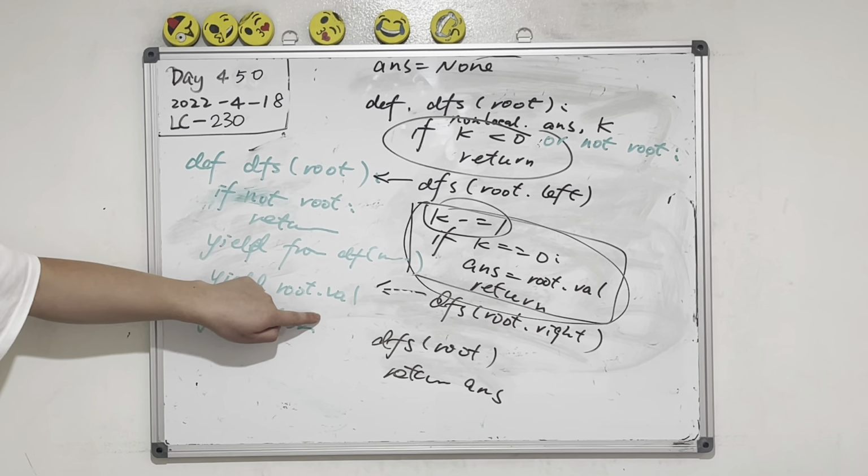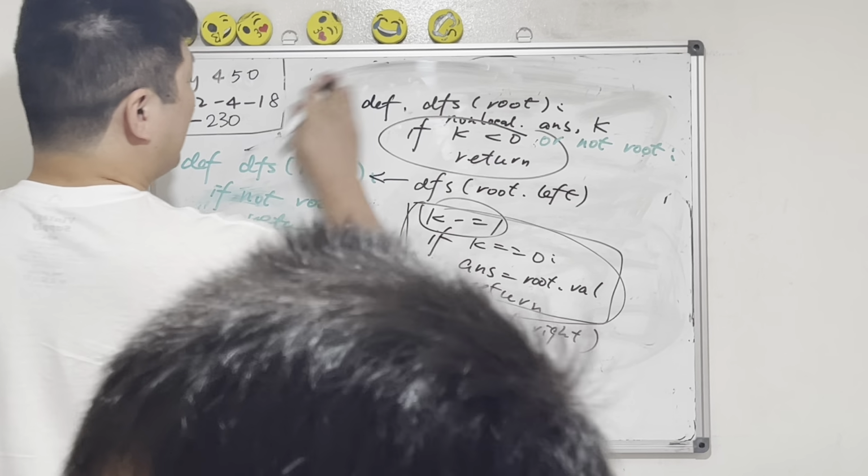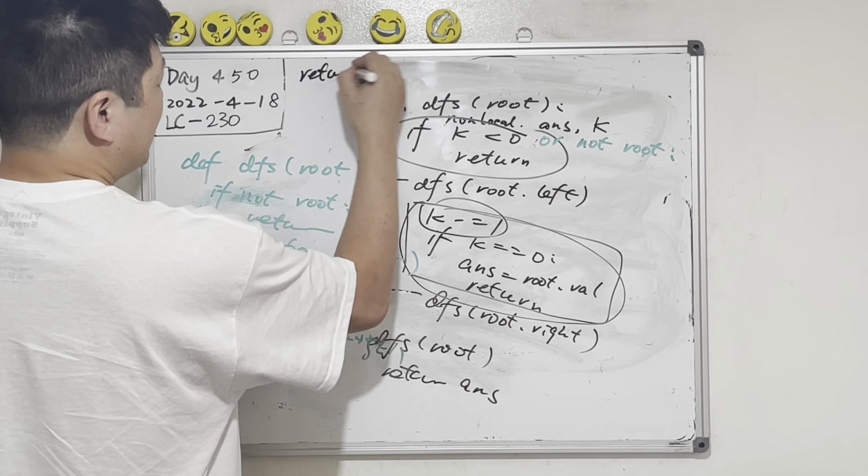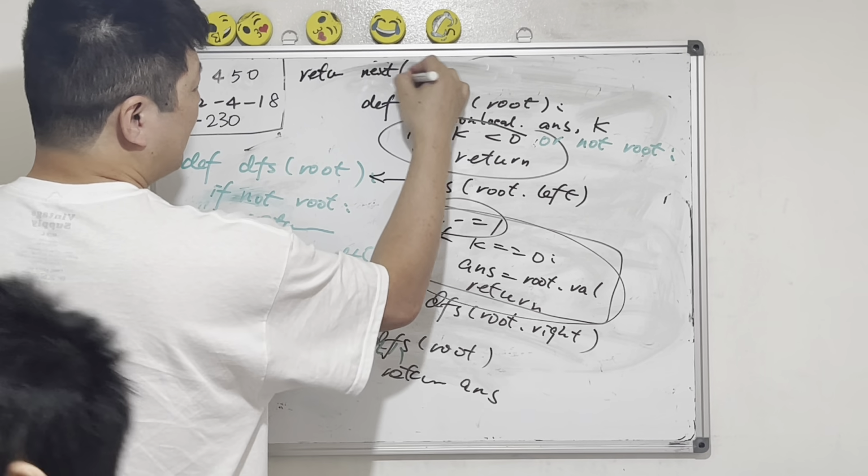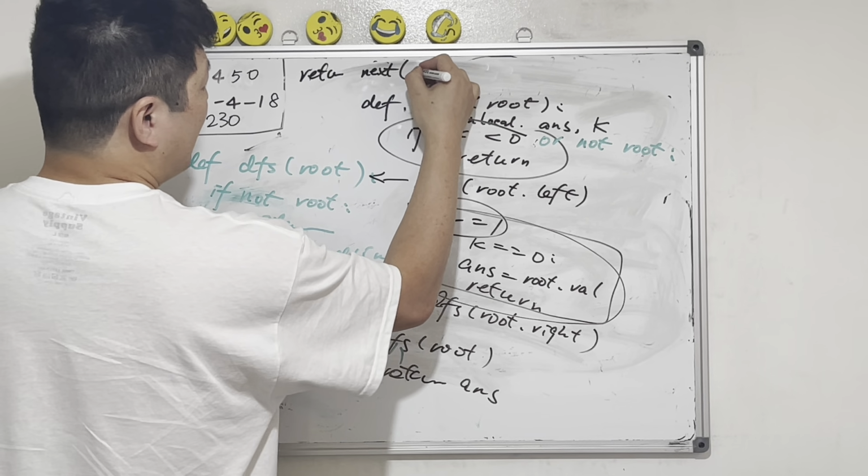So what do we do now? So we just do this. Return. We're using the next function. Next I for I. Next C for C in